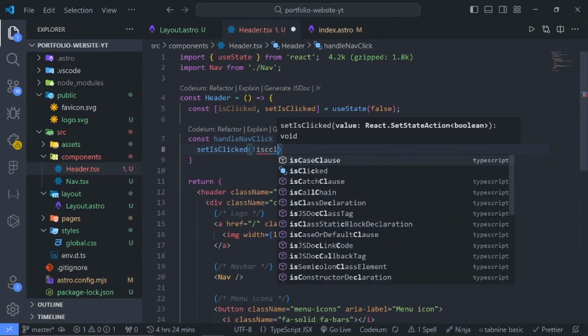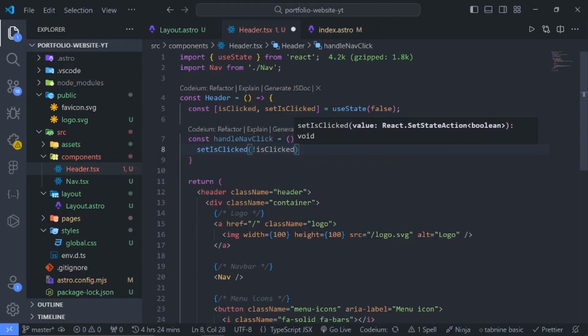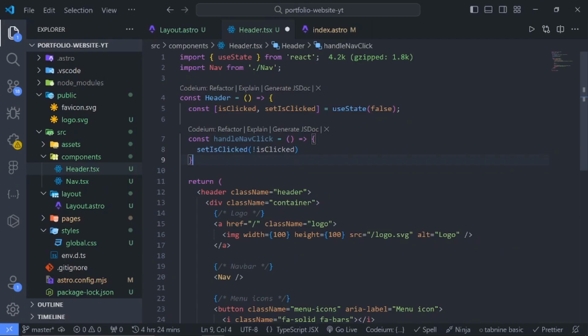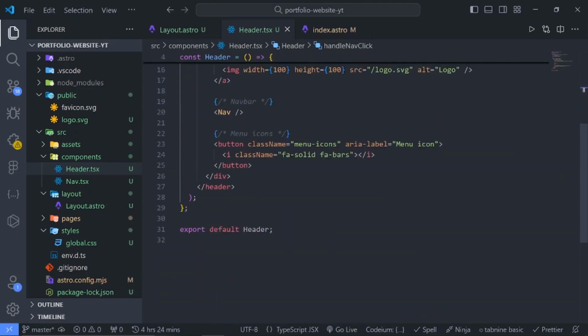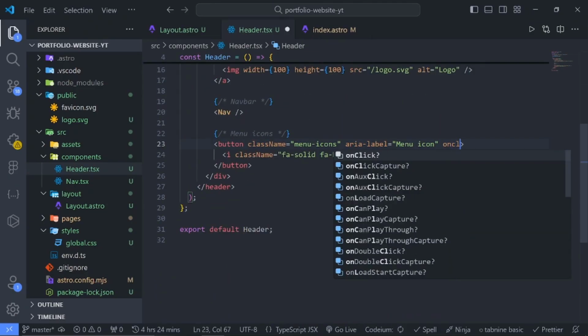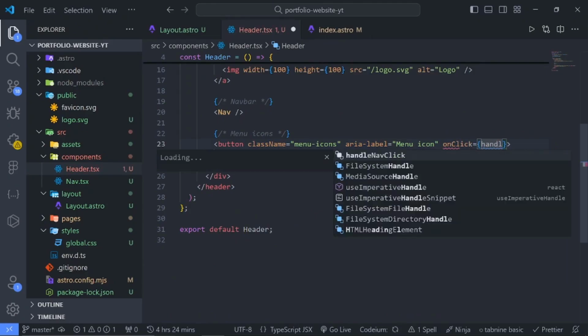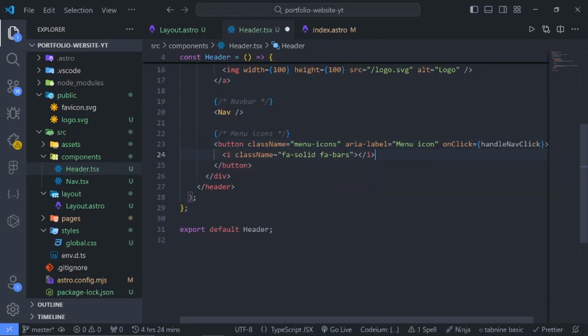So if I can spell correctly, so basically we won't call this function, we just want to change this from false to true and from true to false. All right, to use this handle nav click, we have to come to this button and say on click, passing the handle nav click, and now for this aria label, can get rid of everything and basically say